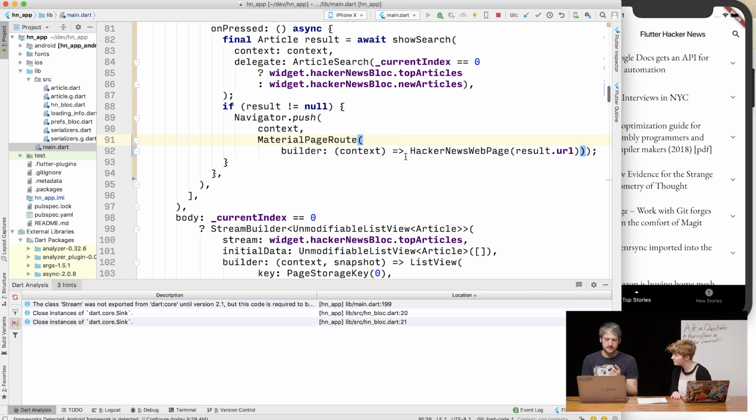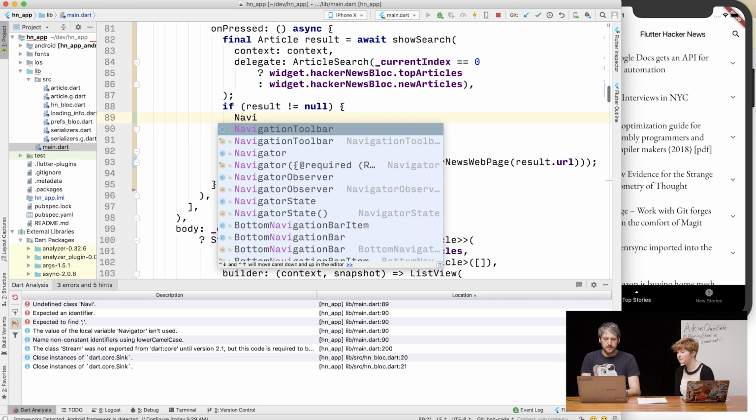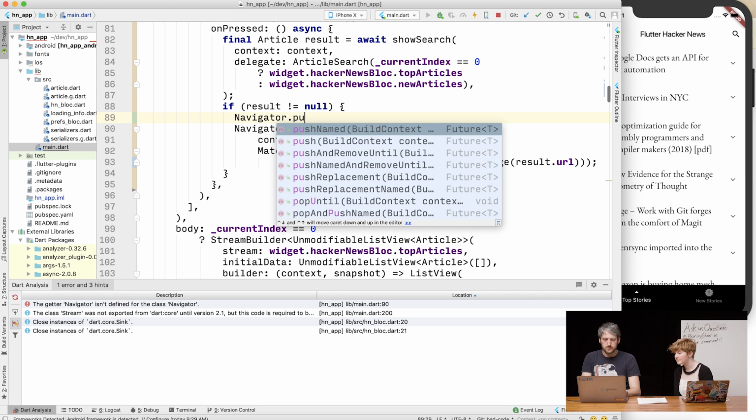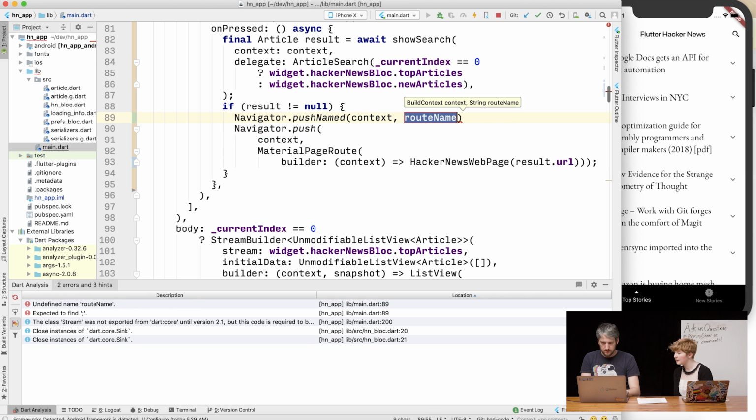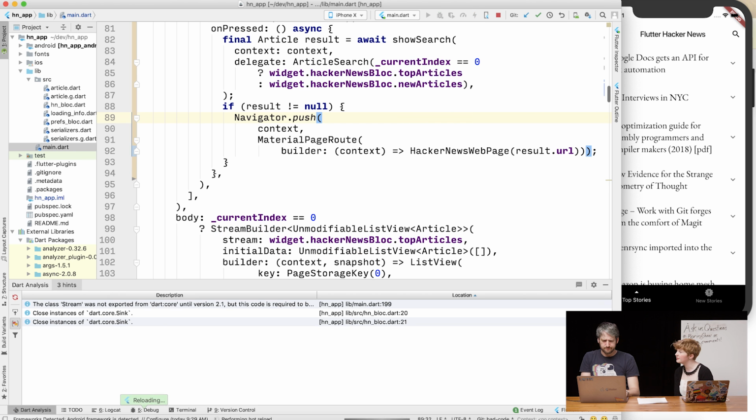So this actually is helpful because we don't need to tell the named route what URL it should be showing, right? But if we have navigator push named, I don't think... you have context and you have route name, and that's it. So we kind of need that. That's kind of interesting. I think there's a way. But okay, so what I would do in this instance